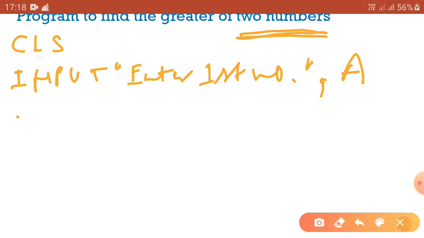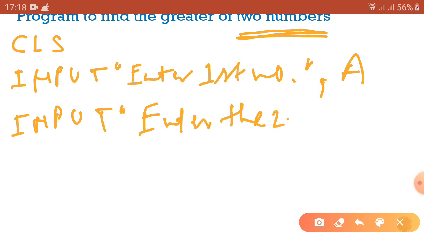Same for another number, you are taking input "Enter the second number", and we are storing this value inside B.